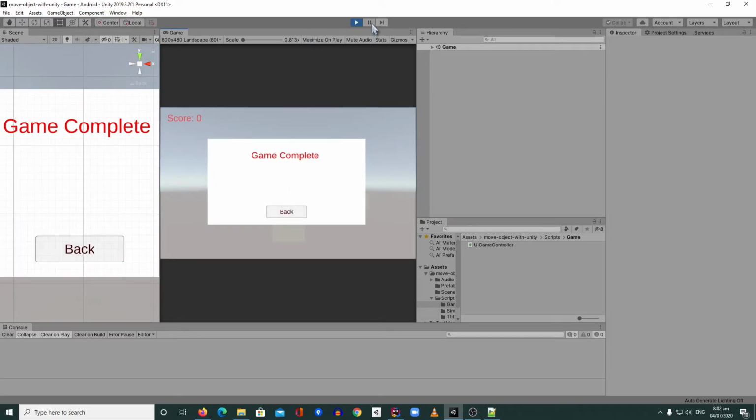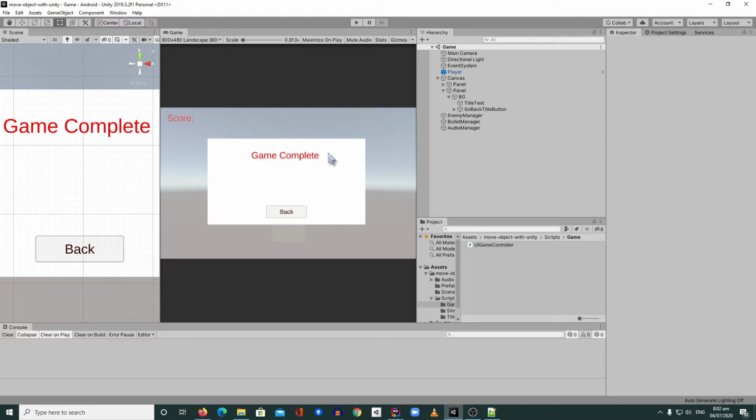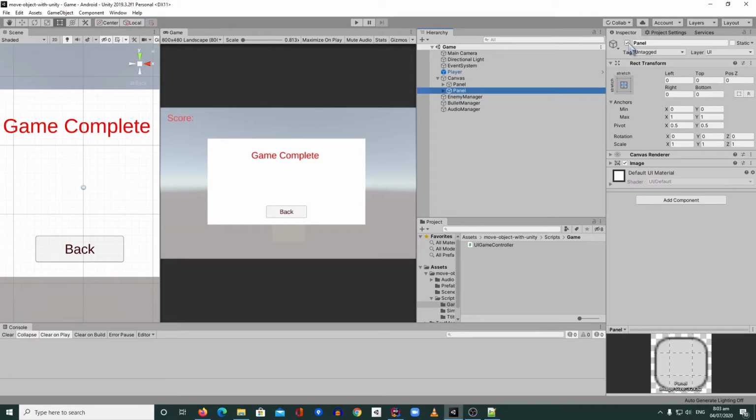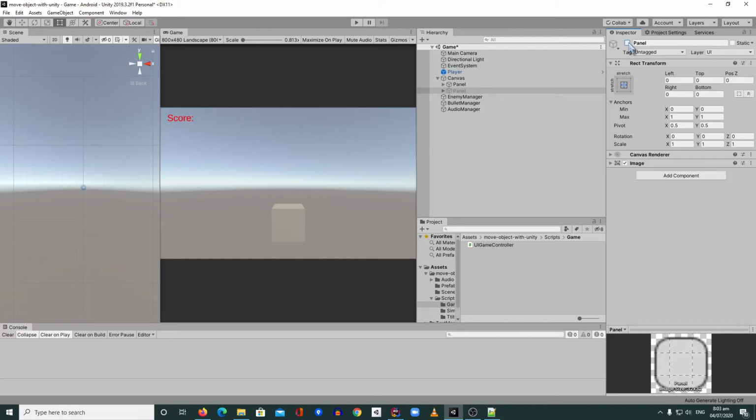Alright, so right now it works, but when we load the game scene, the dialogue is just there. It's blocking the game. So what we can do is, while the game is not yet complete, we can hide this panel by unticking this one, and then it will just hide. So we're going to create a logic that when all enemies have been killed, we will show that